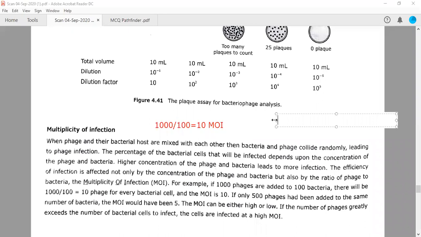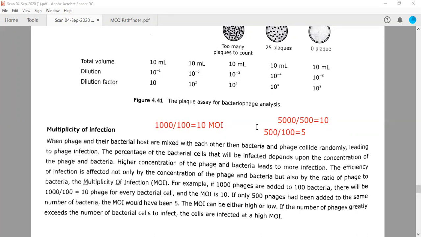If you change this number, you will find that suppose you are having 5000 and for 500 bacterial cells, still you may have the same multiplicity of infection, right? So one thing you need to understand is this ratio is important, means the number of virus particles divided by number of bacterial cells. They may have the same multiplicity of infection, but actually this concentration and the ratio will change everything. Suppose in the second case, you are having 500 viruses for 100 bacterial cells. So the number of viruses will change. You will have only 5 viruses to infect a single bacterial cell.